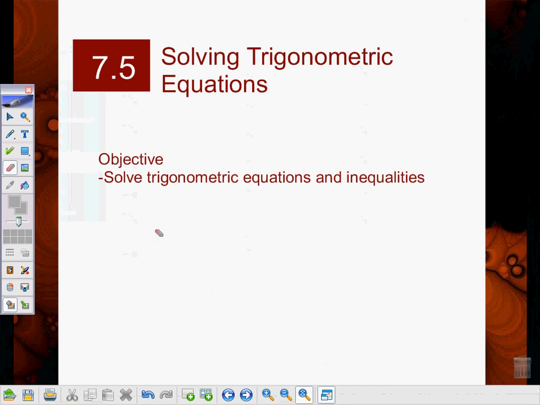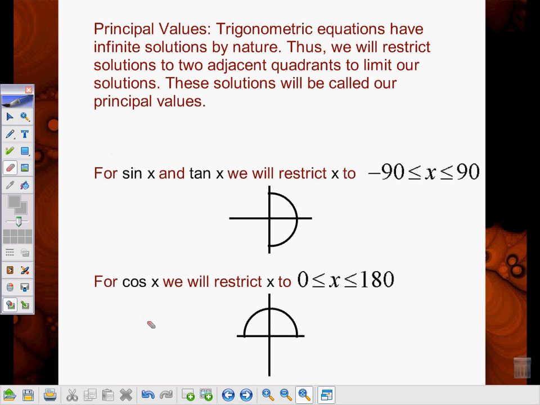Hello, today's lesson will be a short introduction to solving trigonometric equations. I will show you some of the tips and tricks, or better yet strategies, that are commonly used when solving trigonometric equations. So to begin this, we need to discuss something called the principal values, and these are agreed upon